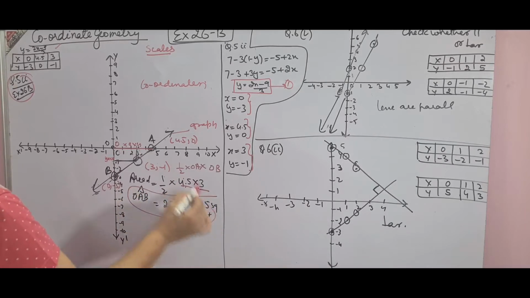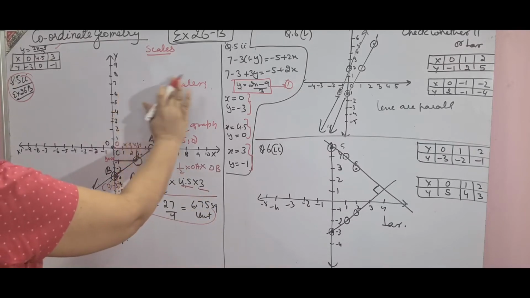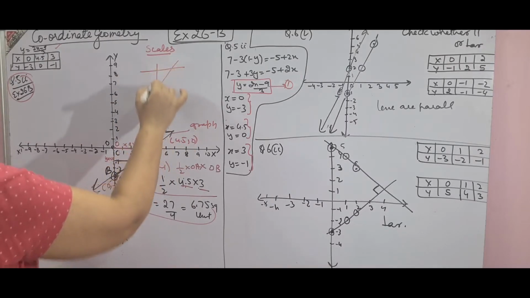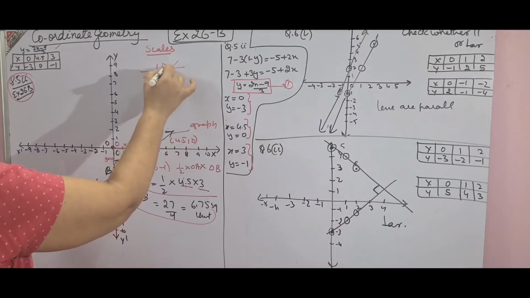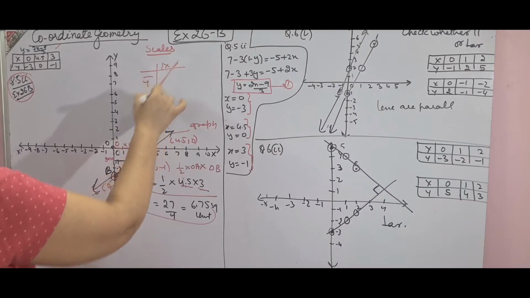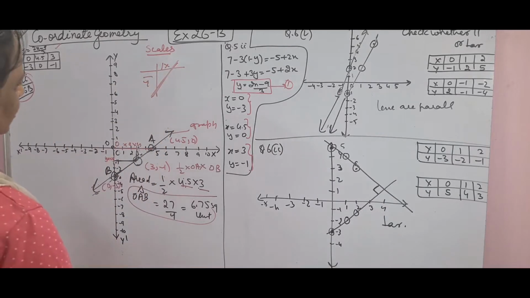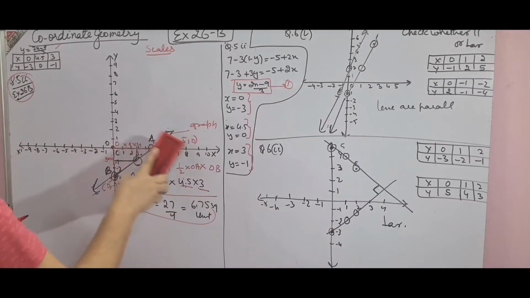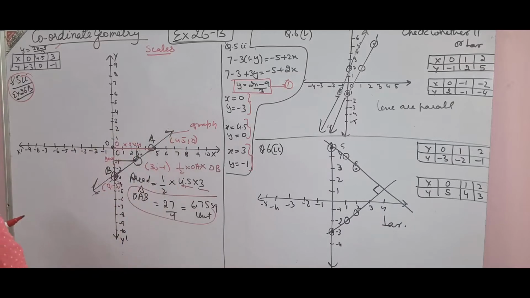So question, you understand the area enclosed between the graph and the coordinate axis. These two are coordinate axis, x and y axis, and this is the graph which you plotted. So this is how you do the question, a very important one. You have to find the area of the triangle between the graph and the coordinate axis. Till now you are well versed with what coordinate axis and what graphs are.